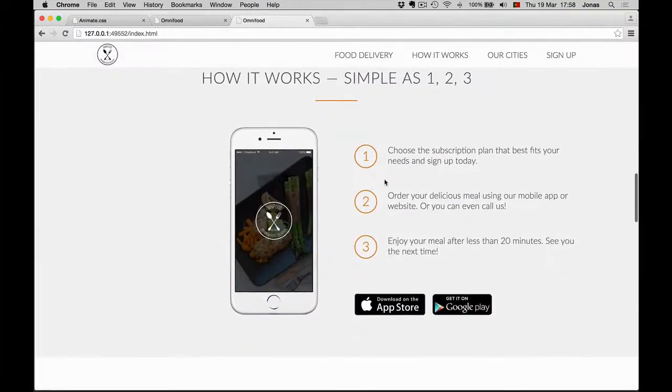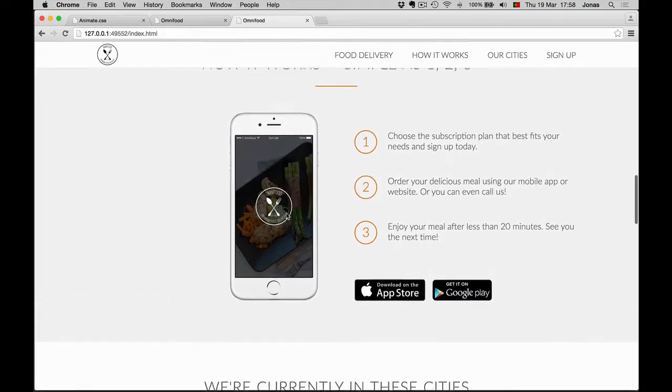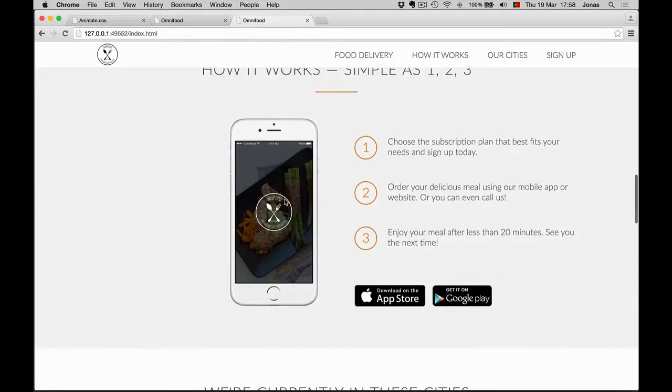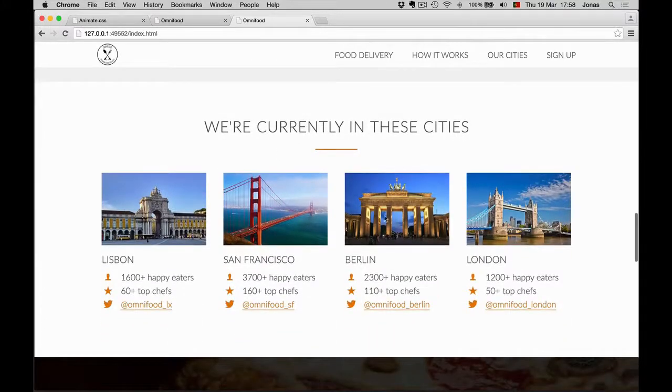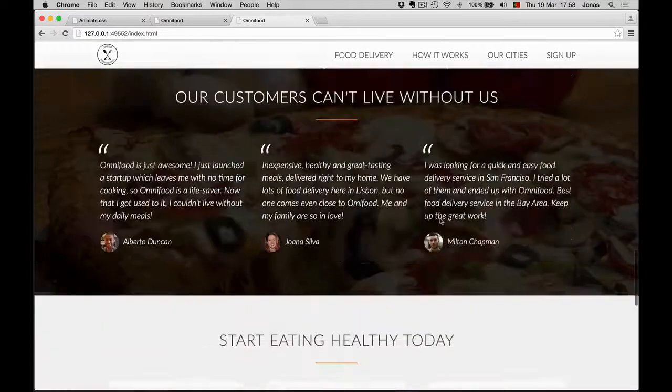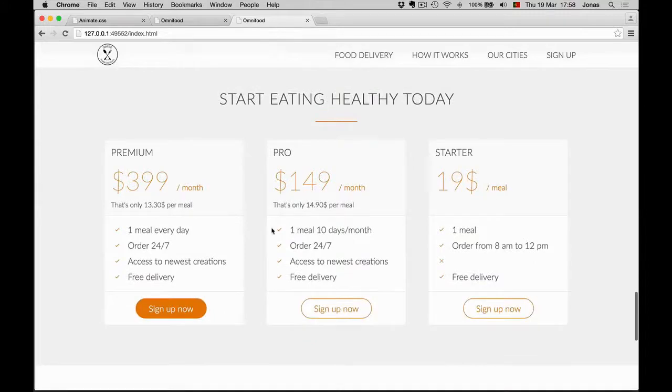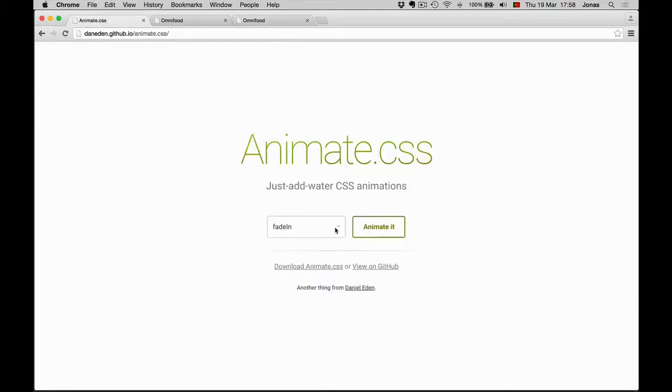And now I'm going to do the same thing with this image, and this image should come here from the bottom all to this place, which creates a nice effect of an image sliding in. And then I will do the fade in with these 4 images, so with this whole column. And then I want to grab some attention of the user, because there's a cool effect for that here in the